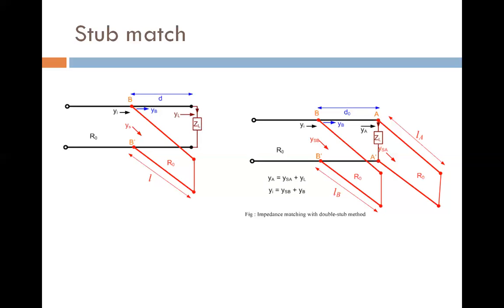So see figure number 1. A stub is a piece of transmission line, and the black line indicates the main transmission line, and the red line indicates the stub of the transmission line. So why do we require this matching? If we do not go for matching, what happens? A reflected wave is present at the source side. So how do we remove these standing waves? Using this stub we can remove the reflection.